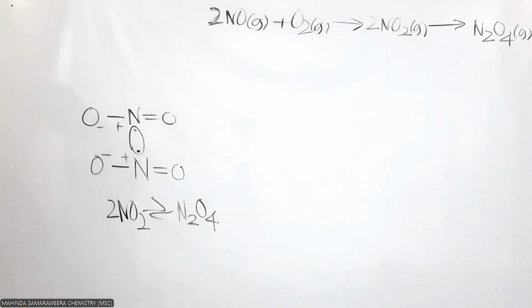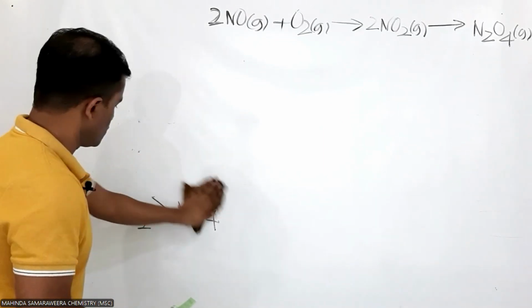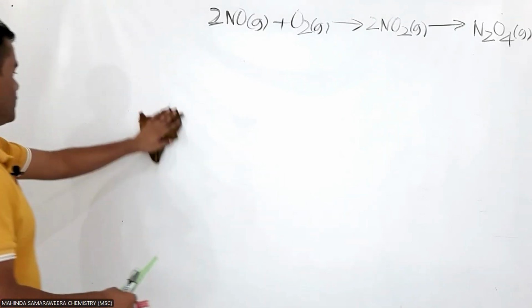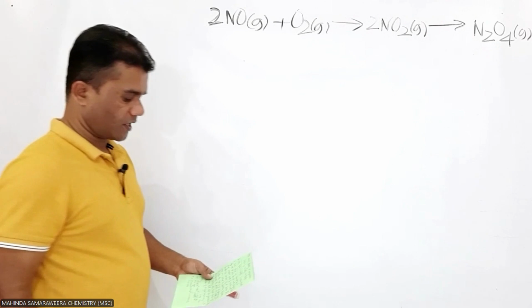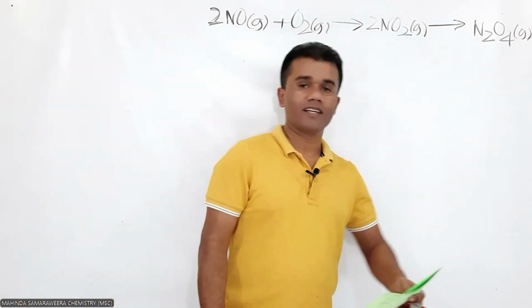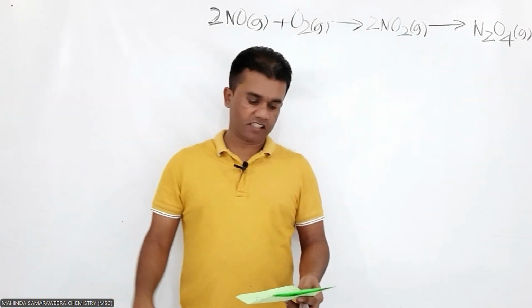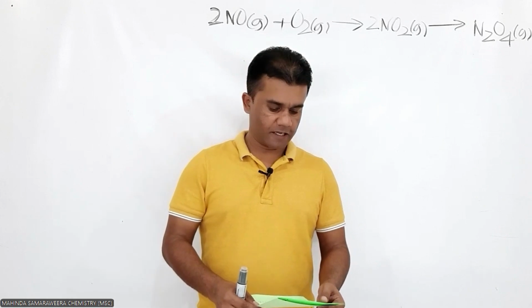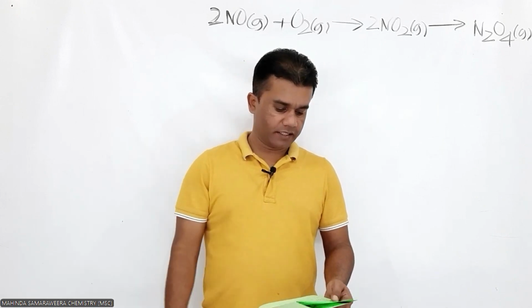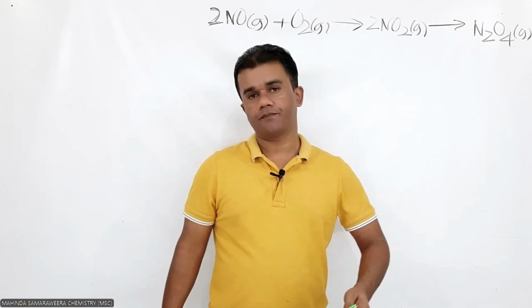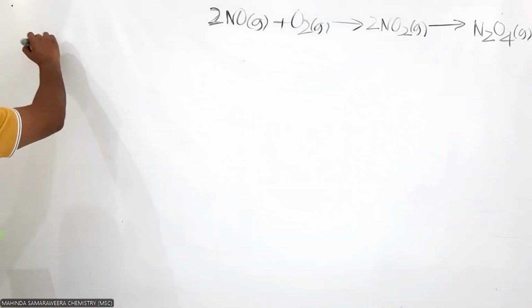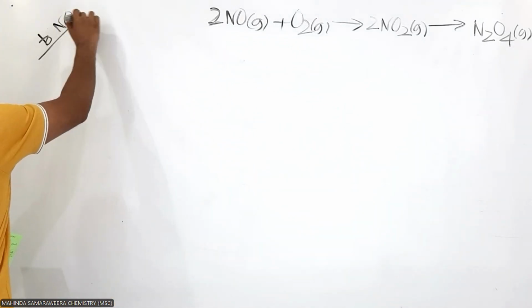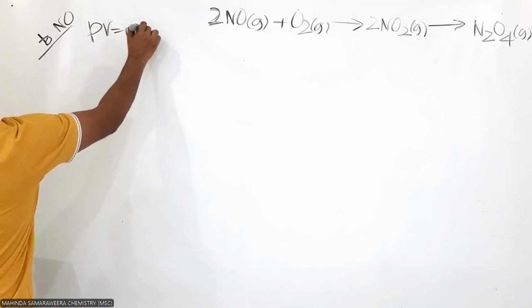Then, as I said, we need the initial moles of NO and O2. To find the initial moles, what you are given are temperature, pressure, those things. Here in the question, actually, there is a 250 milliliter flask and another flask of 100 milliliter. But they say NO is in the larger flask. Which one is the larger one? 250 milliliter. So to find this, what we have to do for NO is apply PV equals nRT